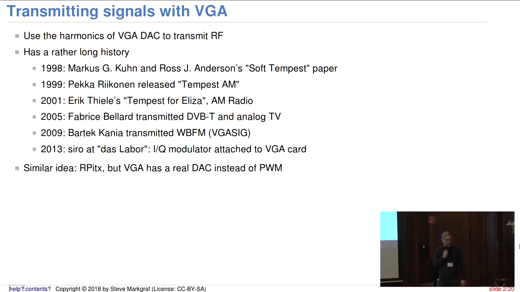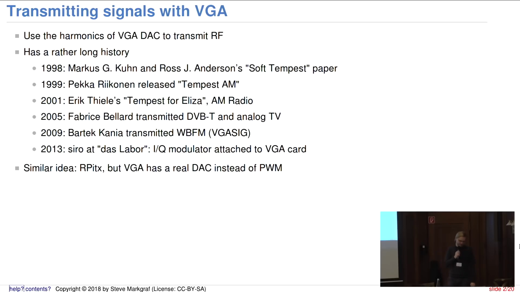Basically, you can receive the EMI caused by CRTs or LCD screens, and they applied some tricks with hue and saturation and so on, so that the signal you receive on the Tempest receiver is different than what's actually displayed on the